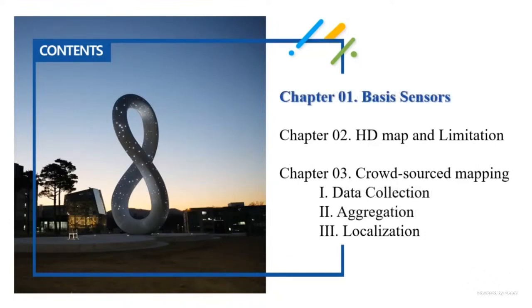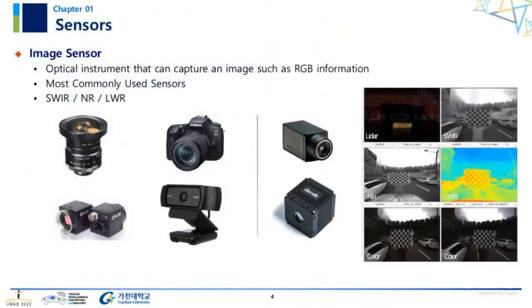The first topic is the sensors for autonomous driving. The most popular sensor is the image sensor. As much research has already been done, image sensors are the most easily accessible basic sensor for autonomous driving. Mass production is possible, so the price is low, and a lot of information can be easily measured. In addition to the basic RGB sensor, we can get various information depending on how it works, such as an infrared sensor or a noise reduction shutter camera.